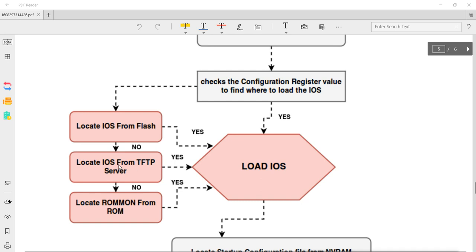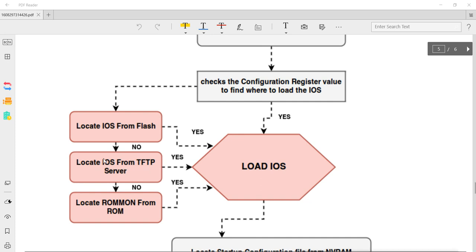But in TFTP, it does not need authentication with the server. We can directly connect and download or upload the file. And it is not using TCP, so there is no need to establish a connection either. So it is faster than FTP. It does not require any authentication. We can directly upload or download the file from the TFTP server.